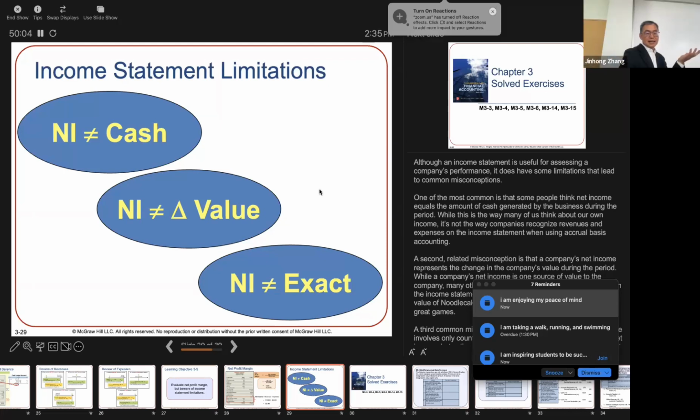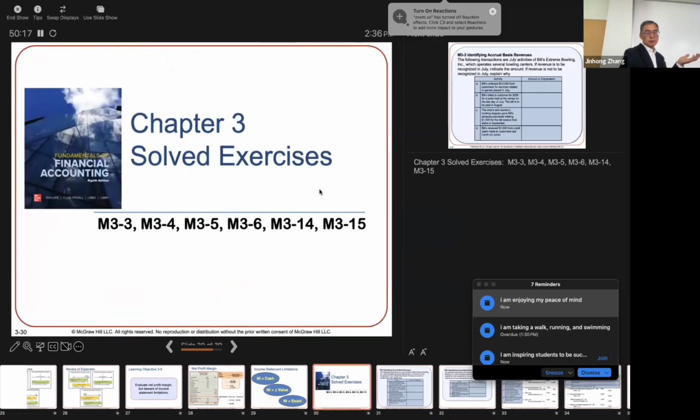Net income is not exact. There's a lot of estimates, okay? And some monies you may never receive. You sell on accounts receivable, but they go bankrupt and they don't pay you. Okay, so